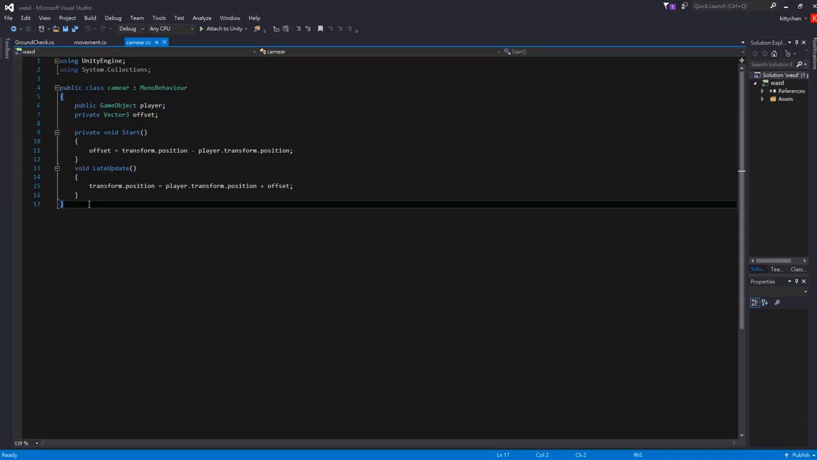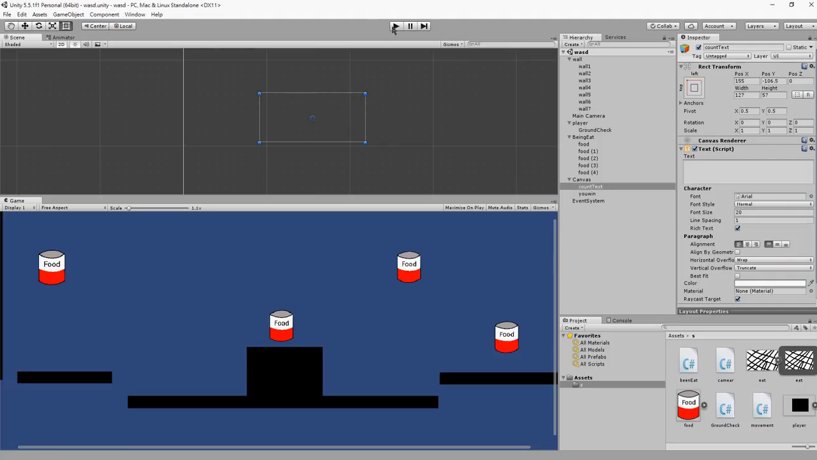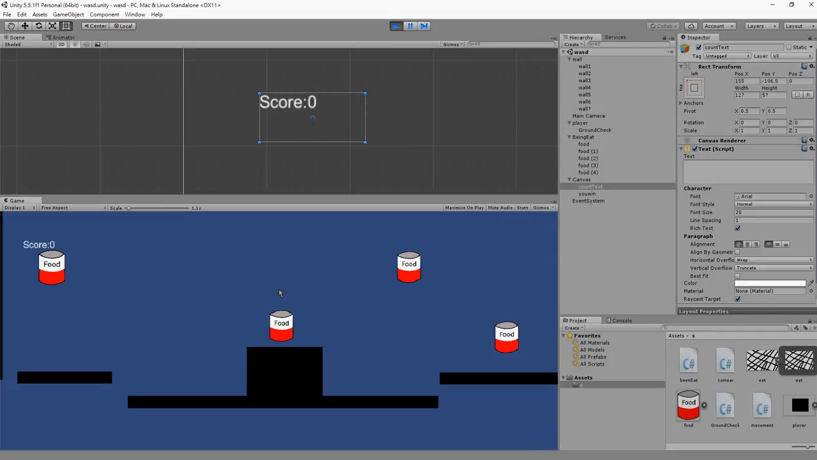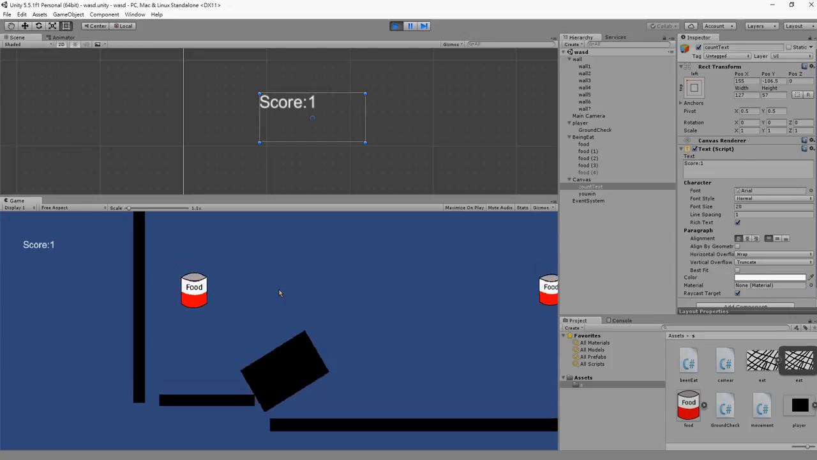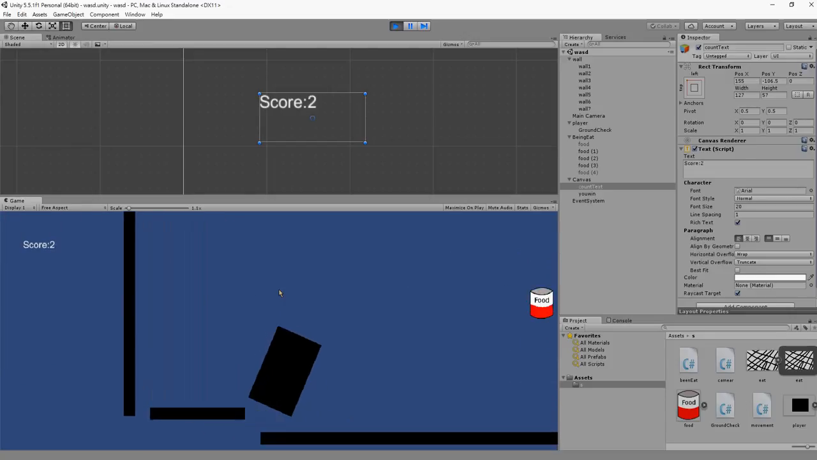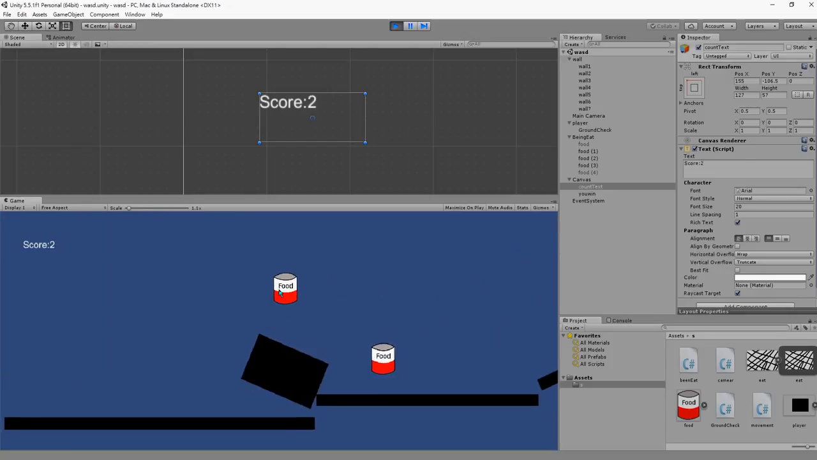And that's not the end just yet, because we still have one thing to discuss: the camera. And long story short, this coding will set the camera's position to the player's position, so the camera will follow the player wherever it goes. And that's the end of this game, and I hope you enjoy